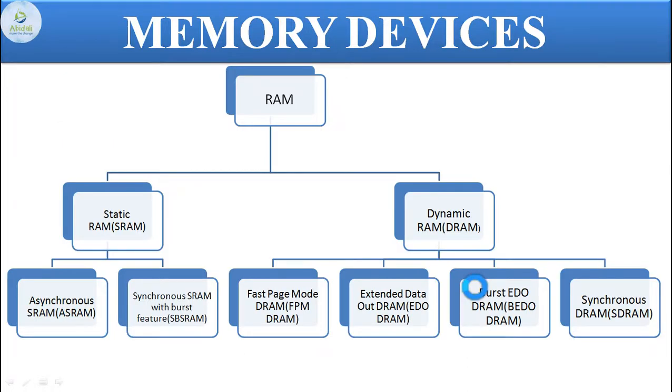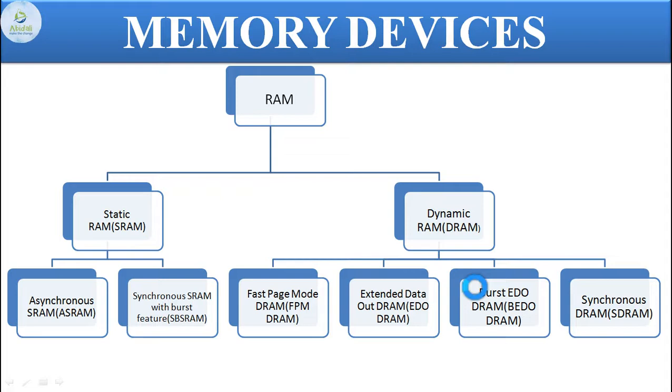Now there are different types of RAMs, based on which its performance also changes. This can also be the difference in the type of RAM that we are using. We'll be exploring the difference between different types of RAM. So the major classification includes two types of RAM: static RAM, SRAM, and dynamic RAM, DRAM. We'll be talking about the difference between static and dynamic RAM.